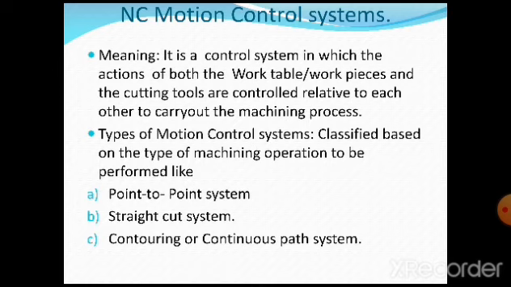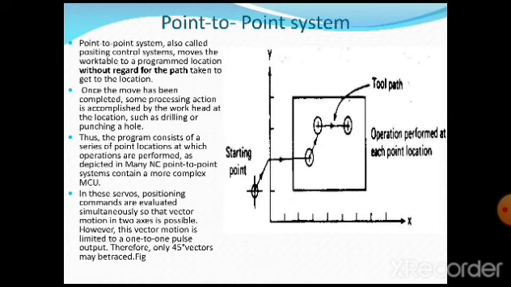In NC motion control systems, there are basically three types based on the type of operation being carried out on a given workpiece. The first type of motion control system is called a point-to-point system, the second one is the straight cut system, and the third one is the contouring or continuous path system. Now we are discussing in detail